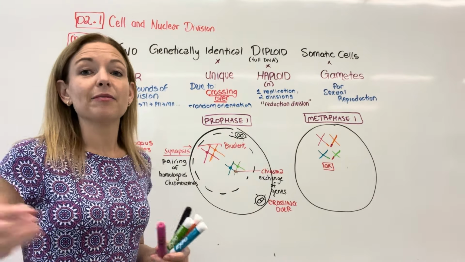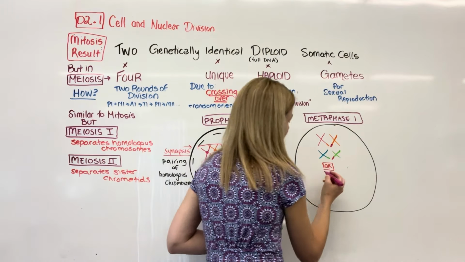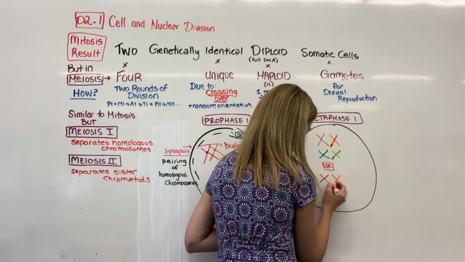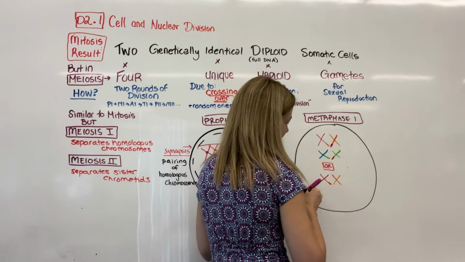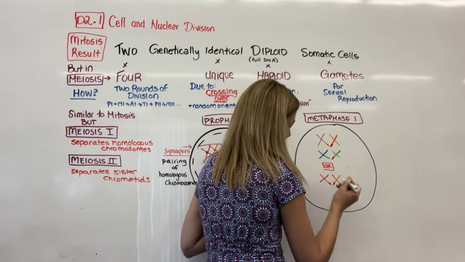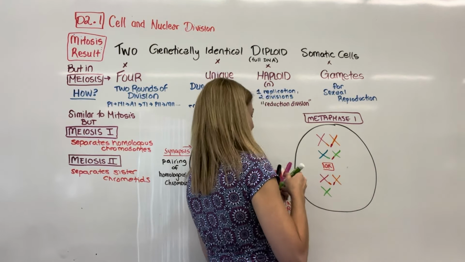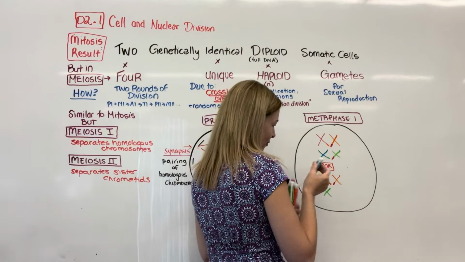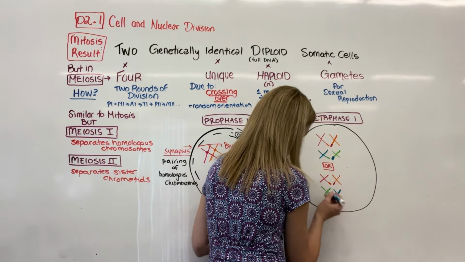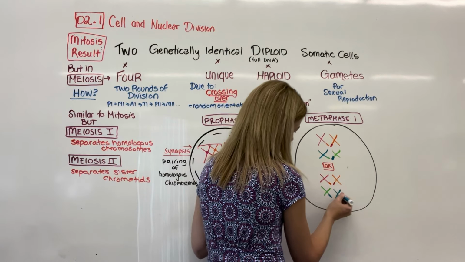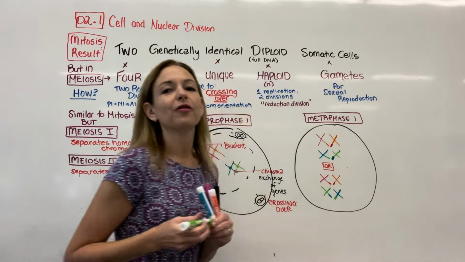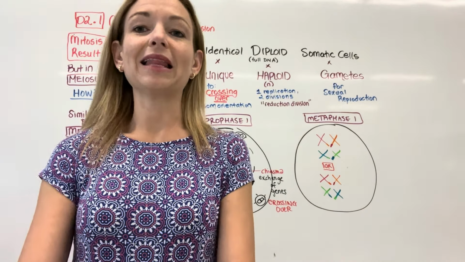But the next time that meiosis happened, they could flip. So the next time meiosis happened, I'm still going to draw these two up top, but this time it could be that the green lands on this side, which by green or blue, we mean like mom's version instead of dad's version lands over here. I drew that the wrong color, sorry, my bad. Like so. So that is just showing that those are equally likely events.